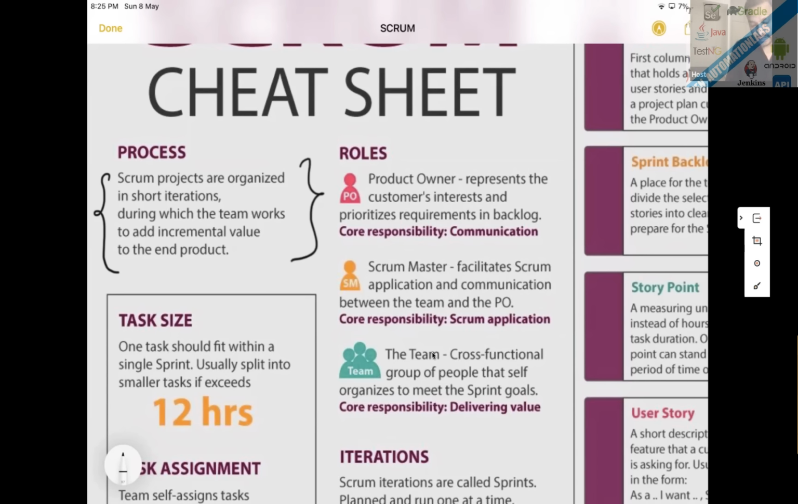So one important guy in the roles section is the PO. This guy is the product owner. He actually represents the customer's interest, and he will take the requirements and everything. He or she will talk to the different stakeholders, the business team and everything, and prepare a complete backlog, right? Those backlogs we will try to store in Jira. And the core responsibility is communication with the stakeholders, and then delivering the same thing